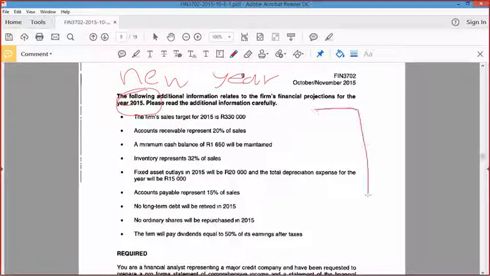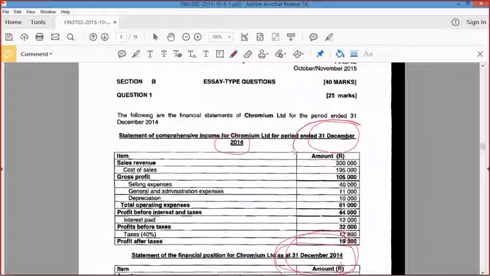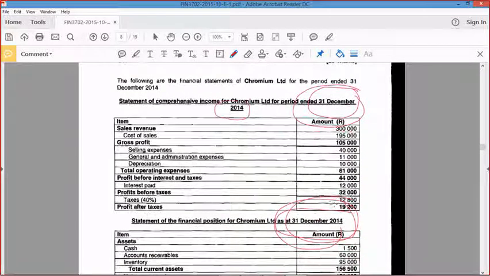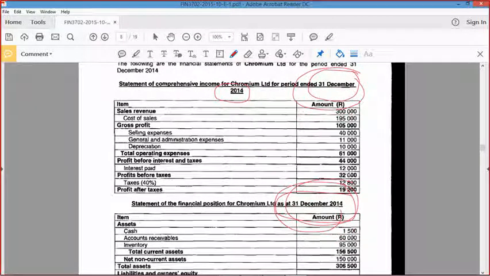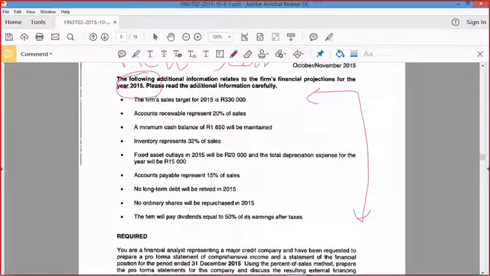So this is all of their assumptions that you have to apply to the original statements. These are the original statements. Are you going to adjust these figures? Yes, because it's pro forma. So you're looking at what the current situation looks like, and then you're providing for these adjustments. The firm's sales target is 330. Are you going to change the sales amount? Yes. Okay, they tell you that 20% is